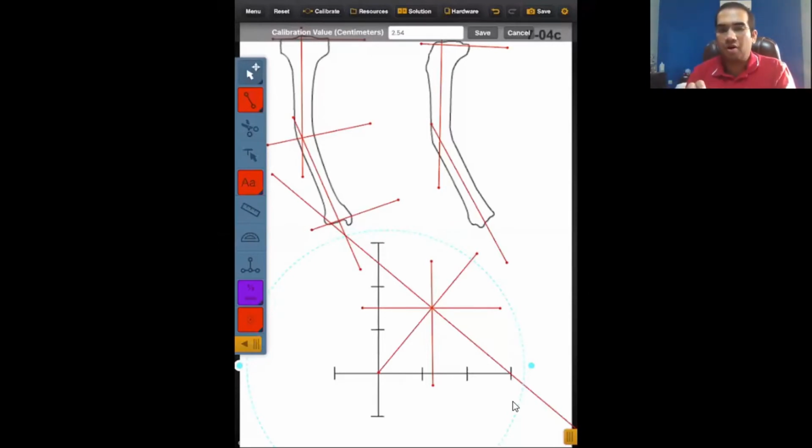Or if I have a procurvatum or a recurvatum deformity, then the location of the hinges, seen from the head end, would be exactly like this, and the deformity will be correcting like this. But since it's an oblique plane deformity, this particular line will mark the location of the hinges. So the location of the hinges will be somewhere like this, and the deformity will get corrected in this plane.